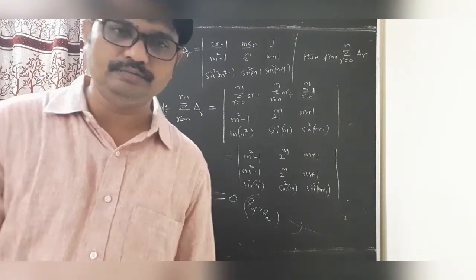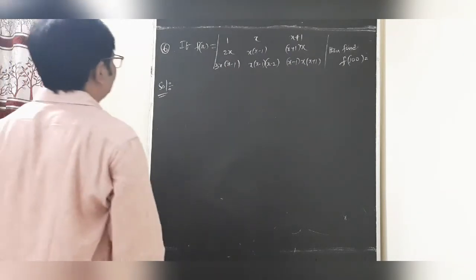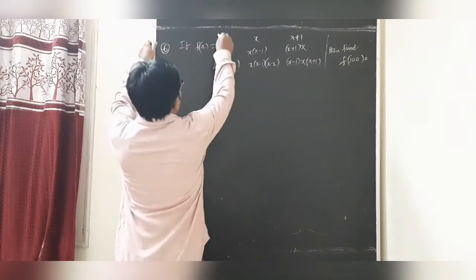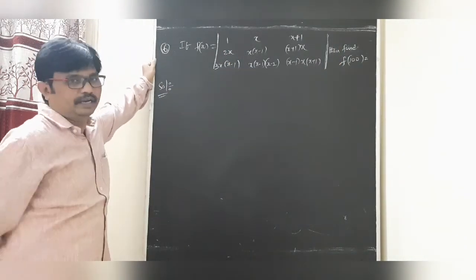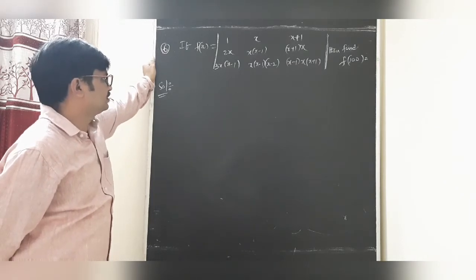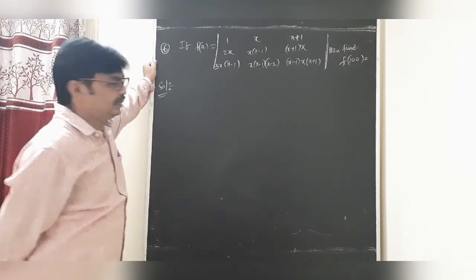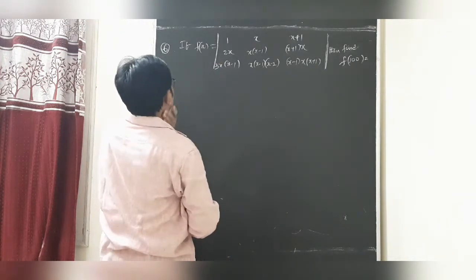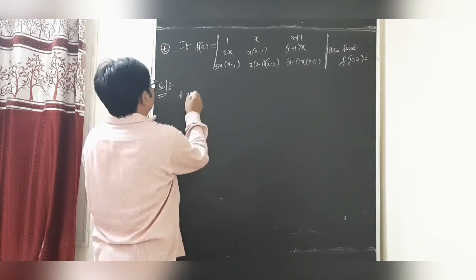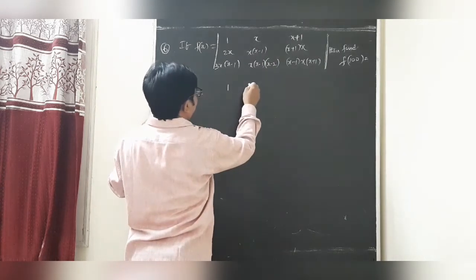Okay students, write down. So students, now the f of x. Dear students, f of x is the determinant with first row 1x, x plus 1, 2x; second row x into x minus 1, x plus 1 into x, 3x into x minus 1; third row x minus 1, x minus 2, and the last element x minus 1, x plus 1. So students, the f of x, the first row has no common factor.